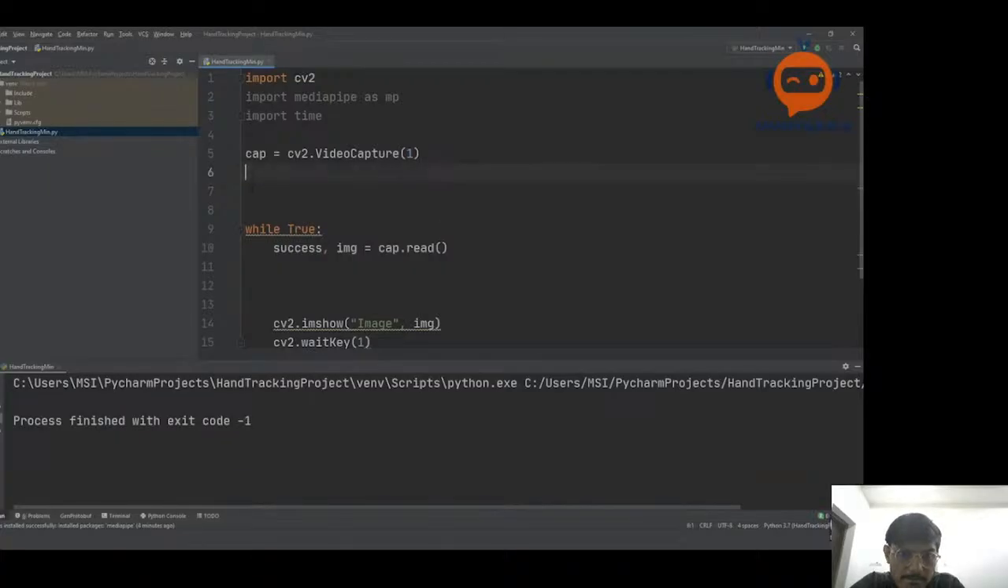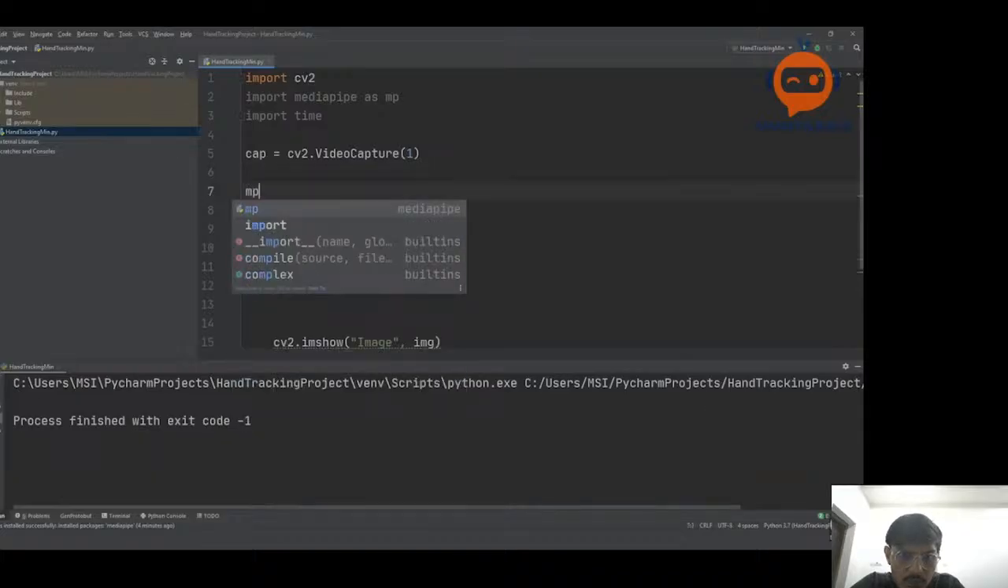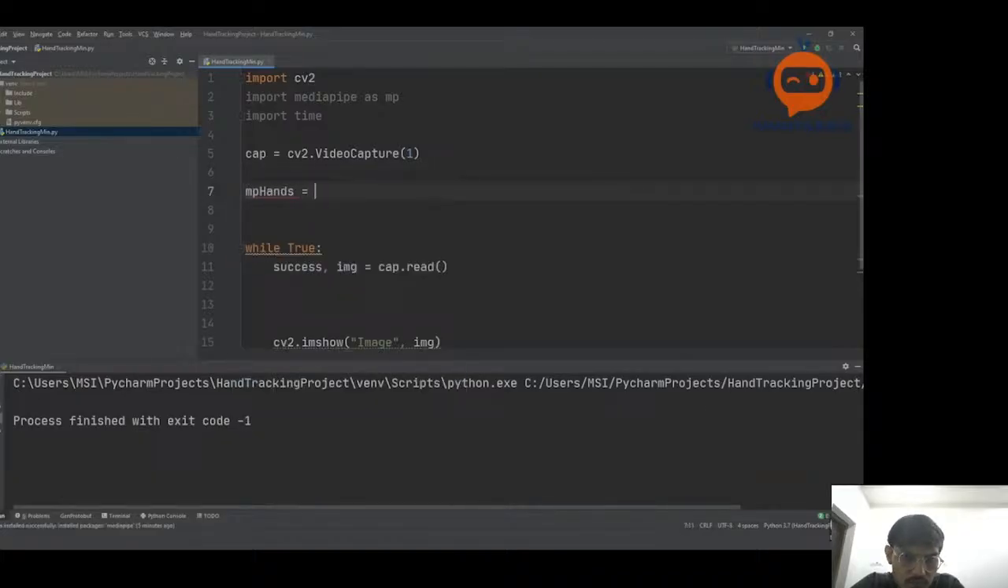So first of all, we are going to write here mp hands is equals to